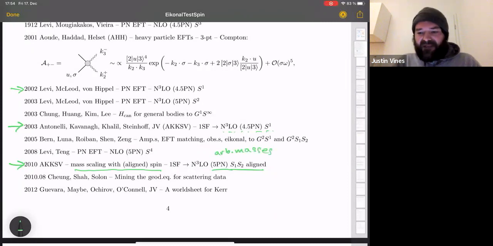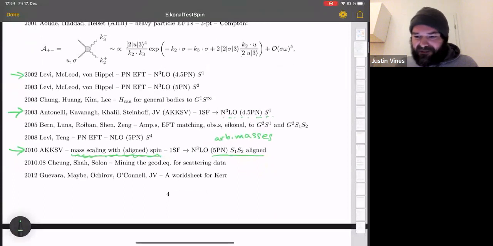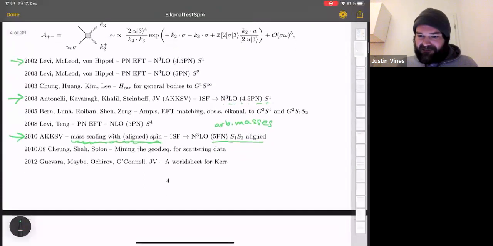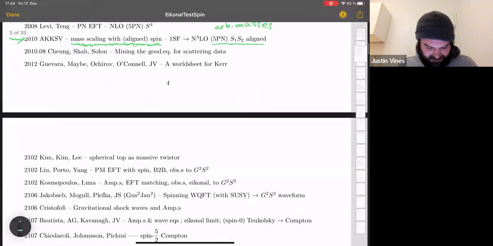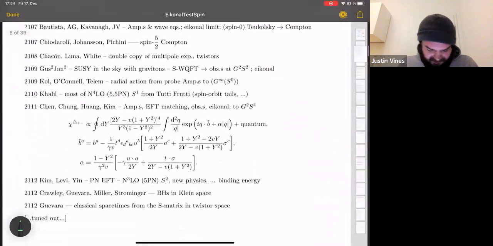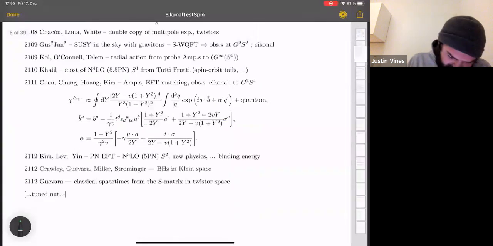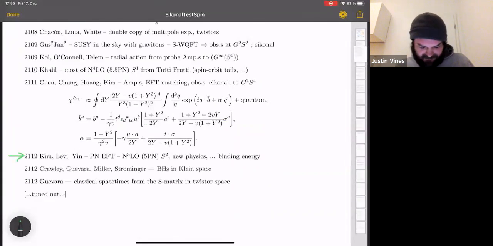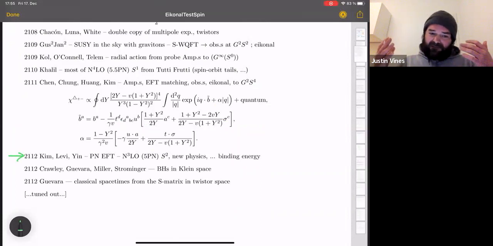And so I have to admit, we weren't 100% sure that really was going to work out. I mean, we thought we could see that the mass scaling argument should hold, even with spin, but we were ready for the possibility that it might not work out exactly like we expected with this Tutti Frutti thing. However, very nicely, just this month, more heroic efforts by PNEFT from this time Kim, Levy, and Yin